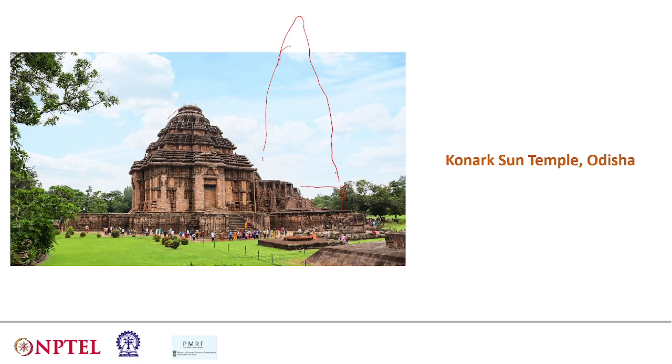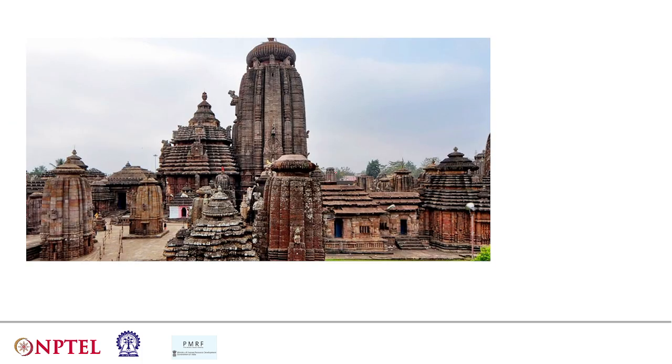Okay, so yes, that's missing, and this is one of the finest examples of the Kalinga style of architecture. Okay, so this is also another example of Kalinga style of architecture. I think from the expression of the architecture you can understand. Can someone name which temple complex it is? This is Lingaraja. Absolutely correct.